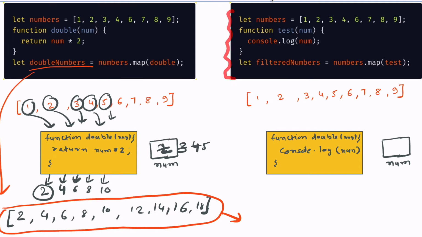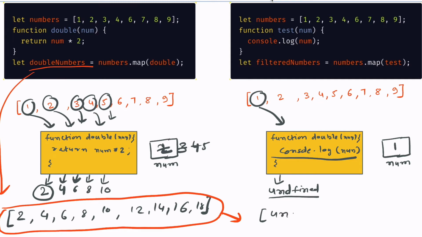The only difference here is we are saying console log num, and here we are saying return number. So what difference will it create? Let's see that. So map will convert this array into a stream of data. The value 1 will be the value of num, and what will get returned from here? If you notice, there is no return statement in this function, and because of that the value returned will be undefined. And so in that case, map always creates a new array, and whatever gets returned from the callback function